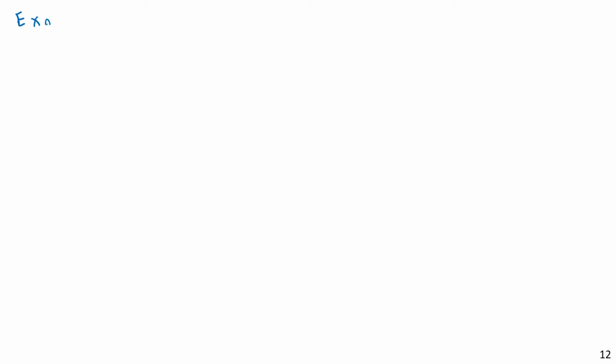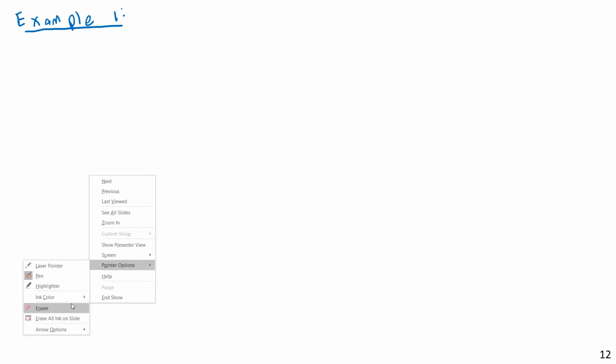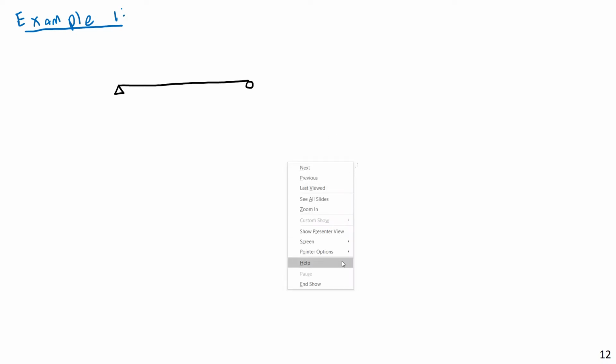So example 1. Let's start with a very simple beam. And in fact, I'll start with the simplest beam, a simply supported beam. As you remember from part 2 of this lecture, we described a simply supported beam as one that has a pin support on one side and a roller support on another. So this is going to be given,